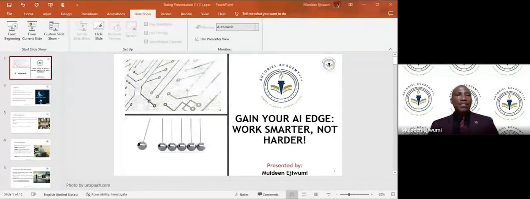AI in education and business. As we know, on this call the percentage of teachers is even less than other areas of our life. I know we have somebody from the fire service, somebody who is a civil servant, a lot of people from different areas. So it's not only meant for teachers, but we are going to talk about both education and business, or offices. As a teacher, we can use ChatGPT or any other tools to write lesson plans, write our reports, do our grading and student feedback.